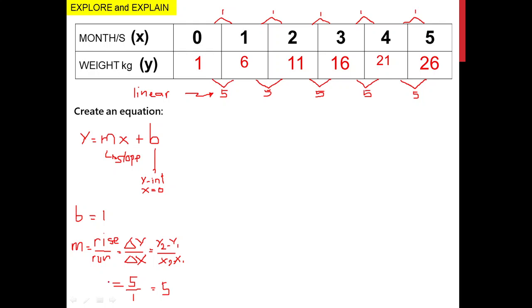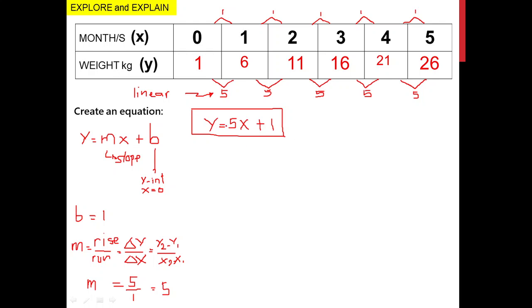Now, we all have the data needed to create the equation. So, I'll just substitute it here, the slope and my intercept, on my slope-intercept form. So, I have here y is equal to, my slope is 5, copy the variable x, plus b. B is 1. So there you go. This is our equation of the problem.